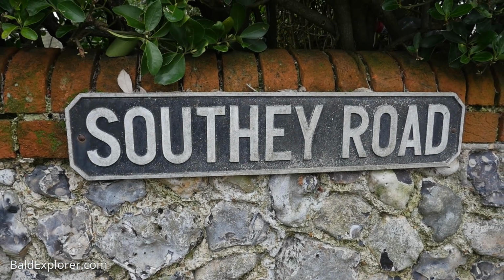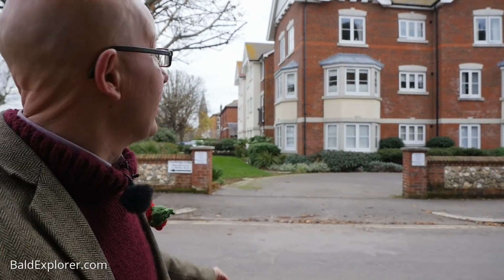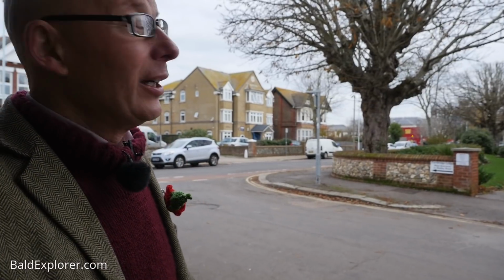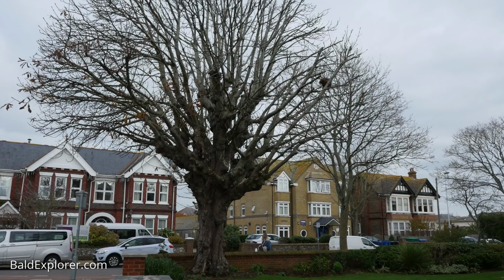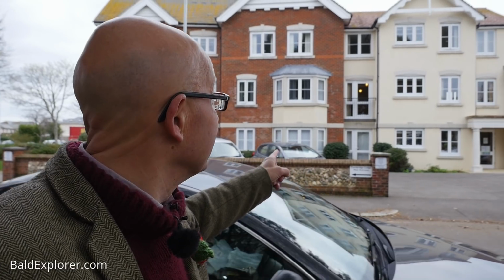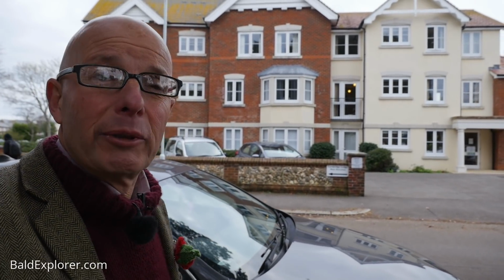So I'm rounding the corner off Shelley Road into Southey Road, Southey, however you want to pronounce it. And just behind me there, if you can see that, is a very beautiful horse chestnut tree. Obviously it's lost all its leaves, but in the shade of the trees that I'm now under, which looks like Holm Oaks, you can see behind me a building here, which I think it's called Cambridge Lodge, which is a